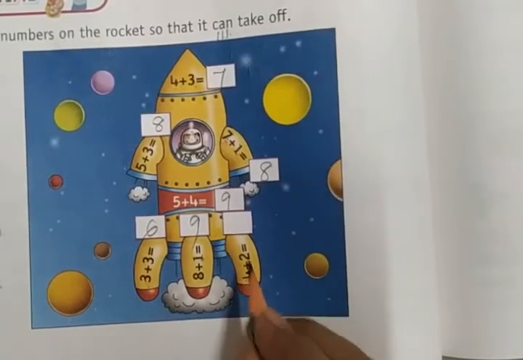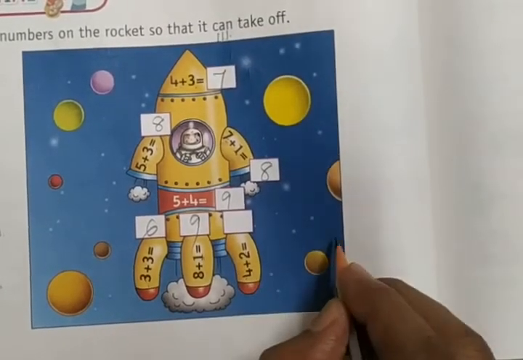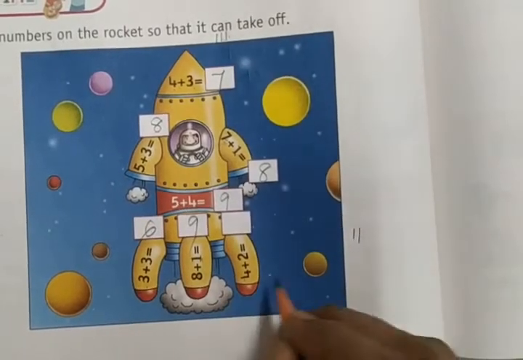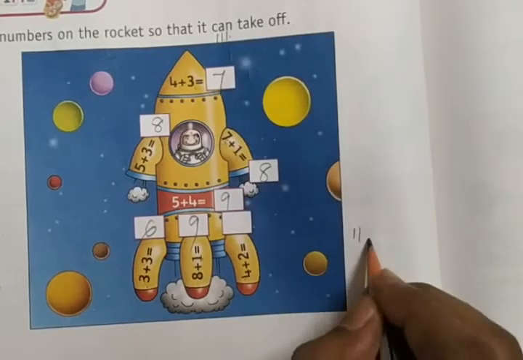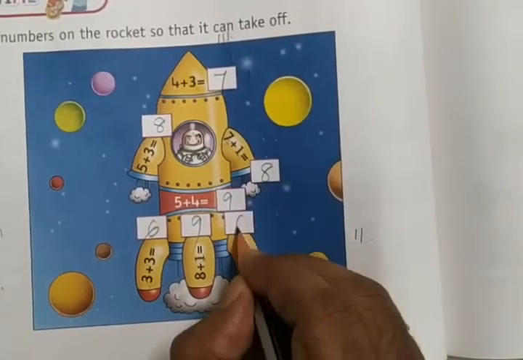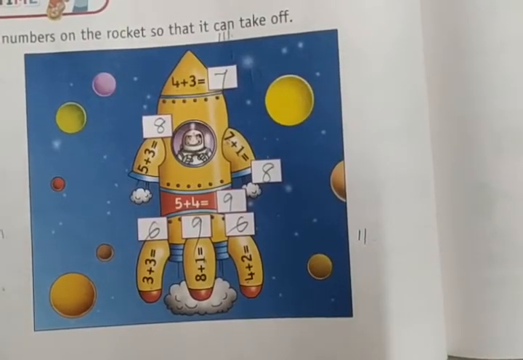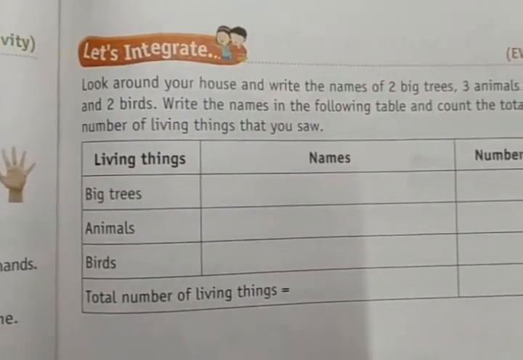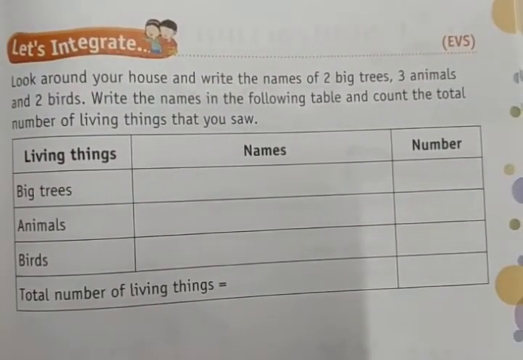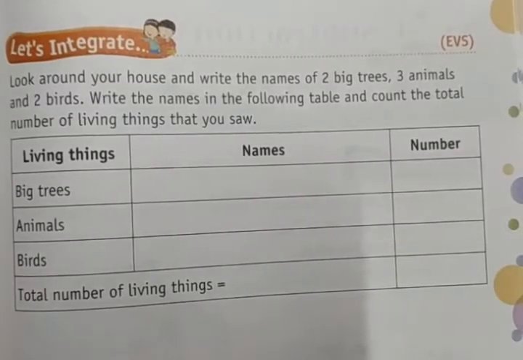4 plus 2. Adding 4 and 2. Here 4 is already there. We need to add 2. 4 next number is 1, 2. Right? Next number is 5, 6. 4, 5, 6. 6. Right? This is how we need to add the numbers. Right? Very simple and very interesting. And we need to understand all the concept thoroughly first, then you need to solve this.